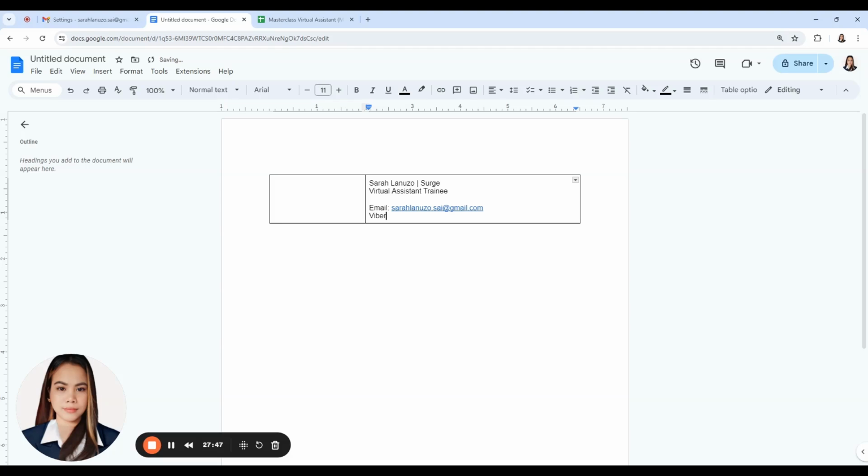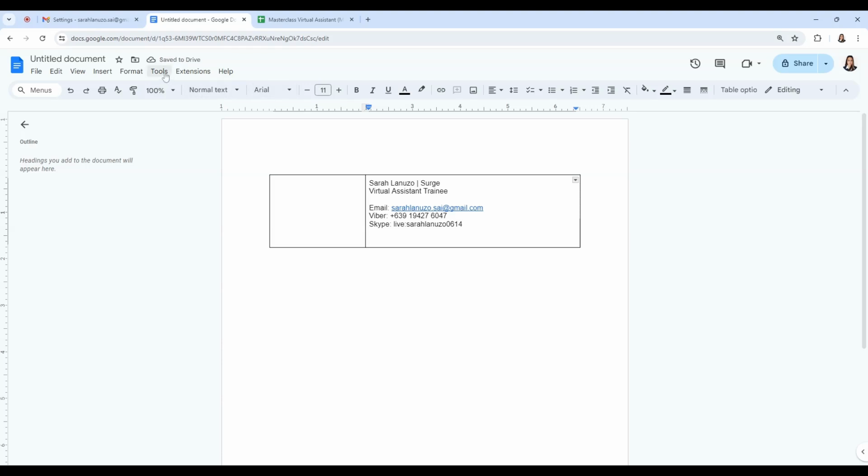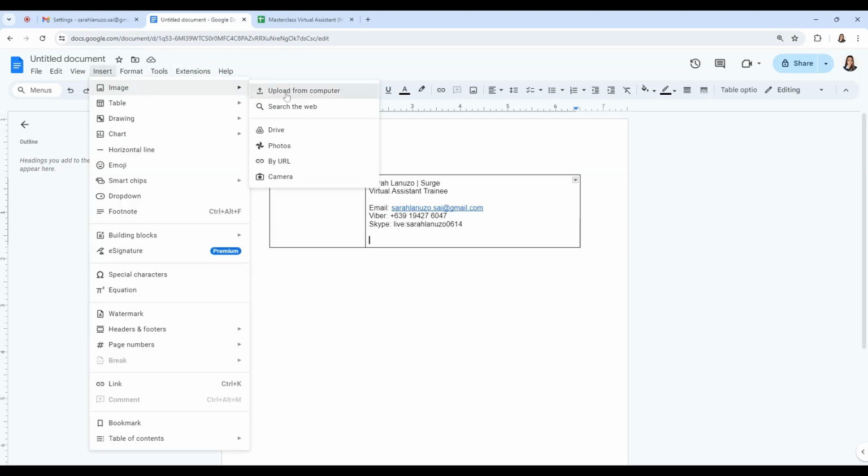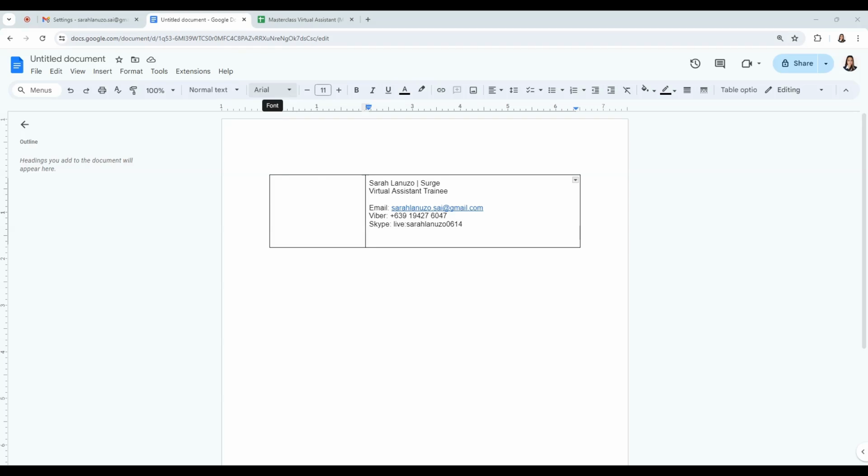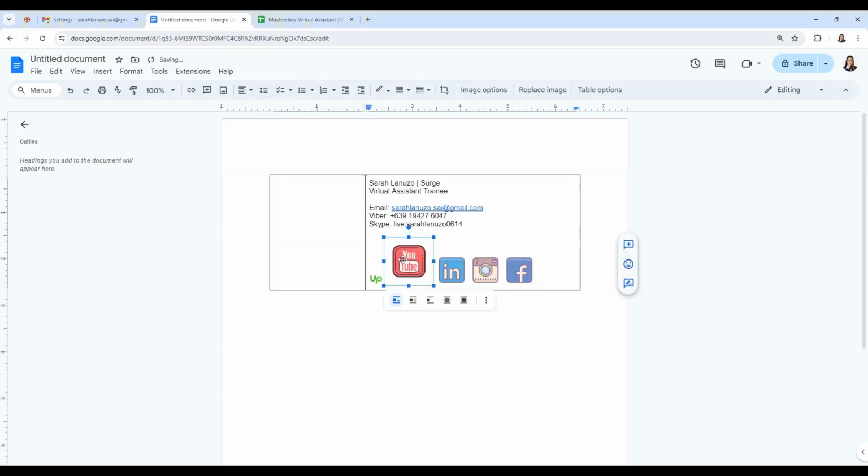Here, your Viber, your Skype ID, and other social media platforms like YouTube, Facebook, LinkedIn, Instagram, and Upwork.